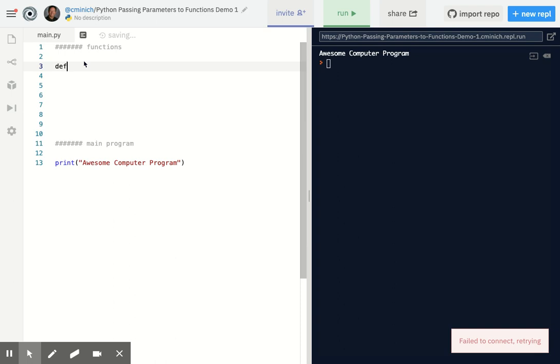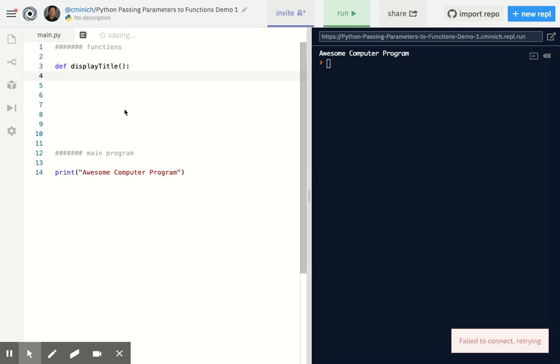So you just type the keyword def in Python, and you name your function, perhaps something like display title. You need empty parentheses and a colon in this situation. And then in the body of the function, notice how my editor automatically indented me there. That's where you could put the actual title of your computer program. So by putting the print statement indented right below my def statement,